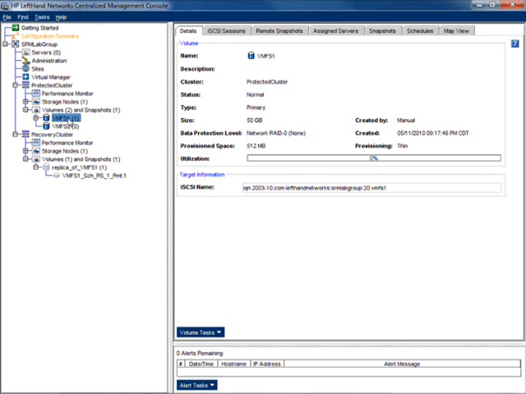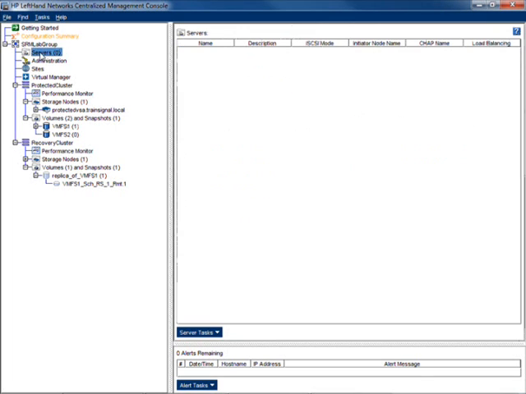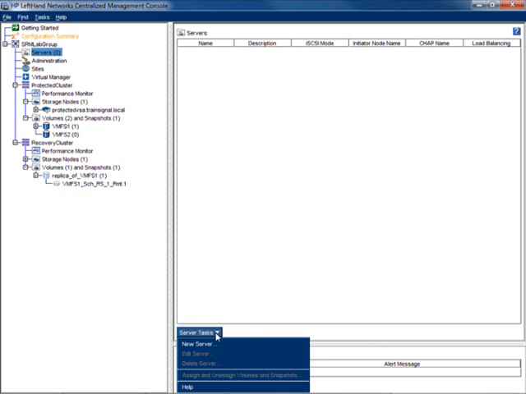One thing we have not done yet is presented the newly made VMFS volume to the ESX server in our protected cluster. Let's go ahead and do that right now. In order to do that, we do what's called adding of a server. To do that, I clicked on servers and I went to server tasks. Now I'm saying new